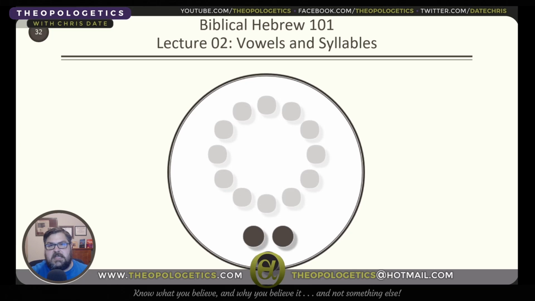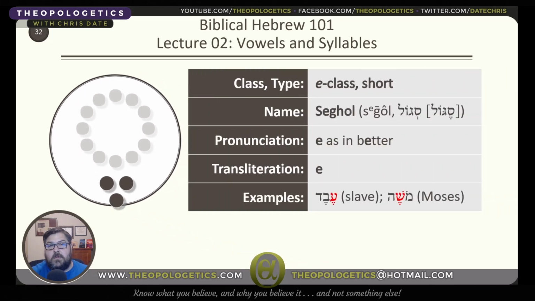The short E class vowel is this one. It's kind of like the tsere in that it's a horizontal line of dots, but there's a third dot under it. So it's a little triangle of dots under a consonant. And this is called segol. It's pronounced like the E in the word better. And it is transliterated using the English letter E without a line over it, because this is the short E,